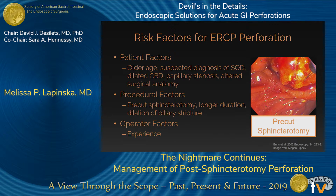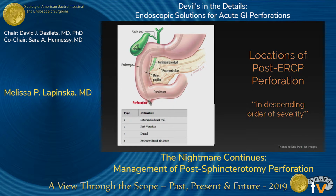Other procedural factors include longer duration, again obviously a sign of increased work during that specific procedure, a harder case in the first place, dilation of a biliary stricture, and inexperience of your operator. So when we look at locations of our post-ERCP perforation in order of descending severity,